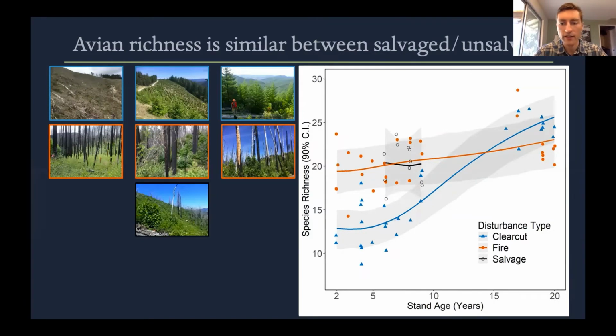When we overlay salvage logging on top of this, we somewhat surprisingly see that salvage log stands support the same number of bird species as unlogged burns of the same age. And so I think all of this raises the question of, well, this is the number of species that we're seeing supported. How do these relate to patterns of composition? And so